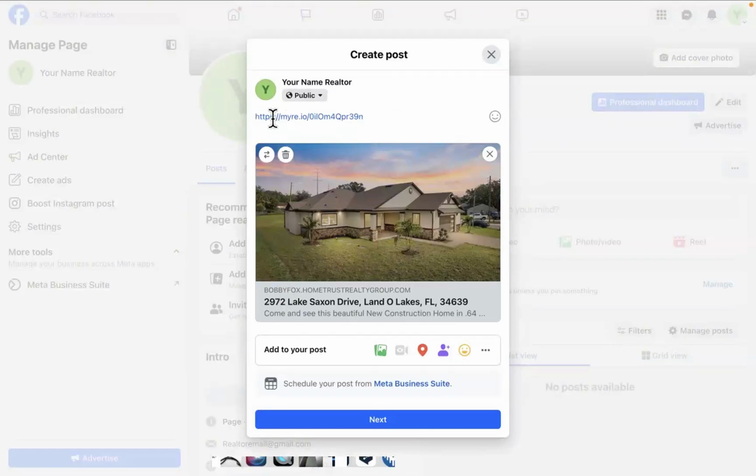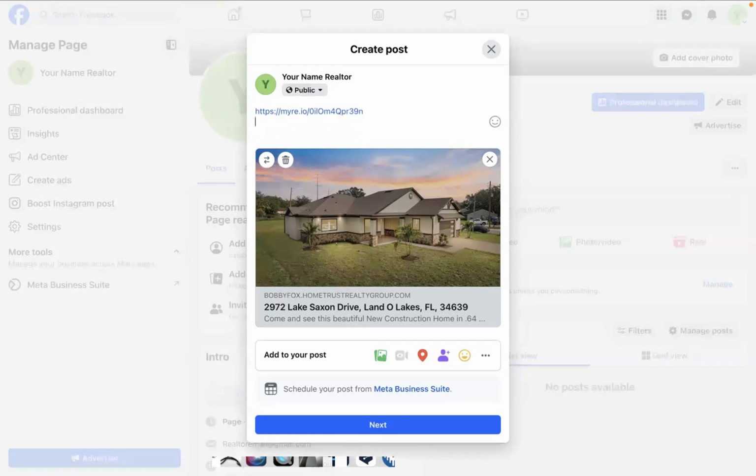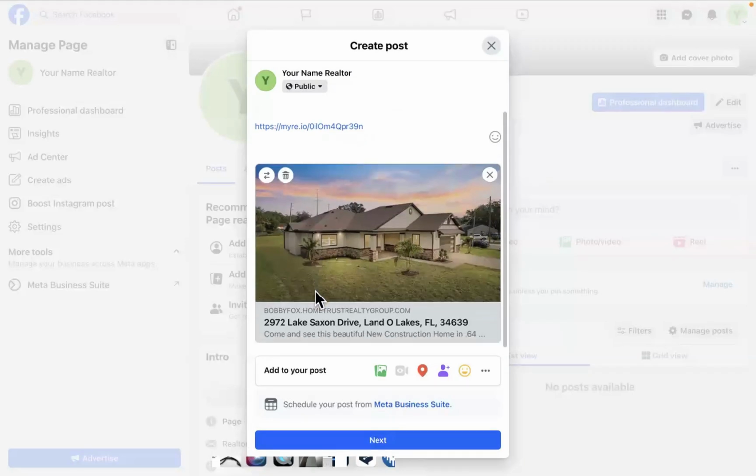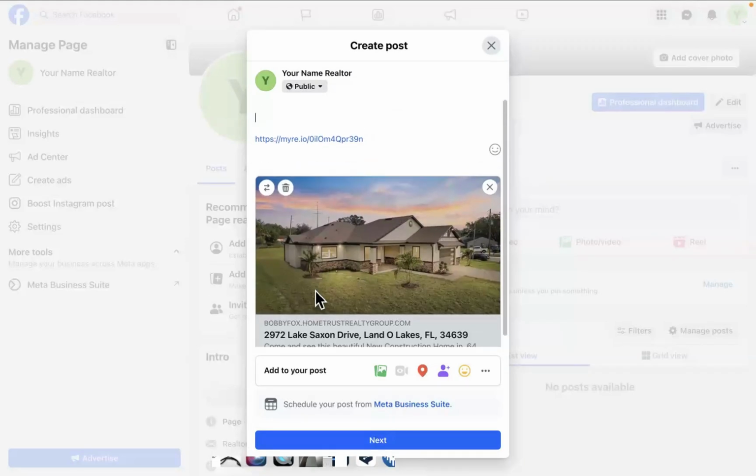We can get rid of the link. I'm going to keep it there just in case some people don't know that they can click on the actual image and it'll take them there. But what we can do is just a small, quick promotion, right? You can say, hey,